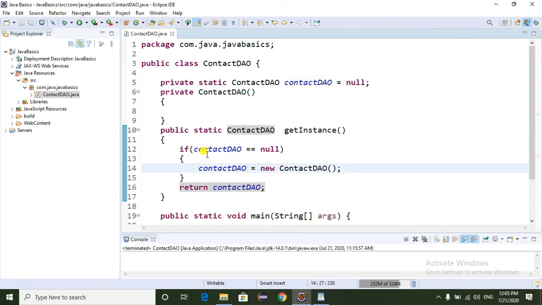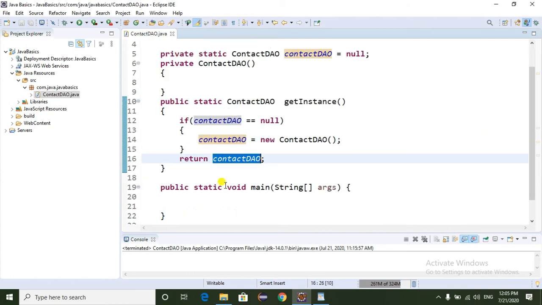Whenever a new request comes, it will check if it is null or not. If the Contact object is null, it will create a new object. If it is not null, it will return the same object.